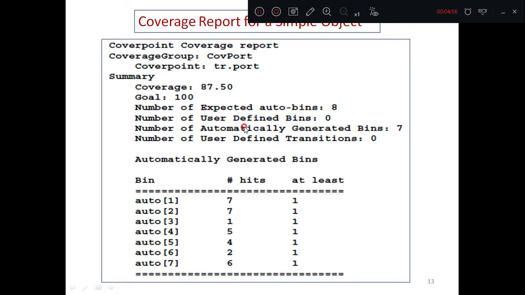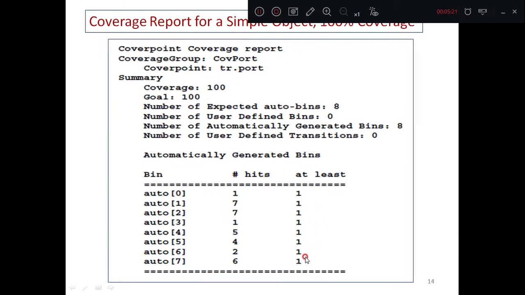Here the number of user defined bins is 0 and the number of automatically generated bins is 7. How do we come to 7? Because automatically generated bins are auto 1, auto 2, 3, 4, 5, 6 and 7, and these are the hits, and the requirement is at least one.